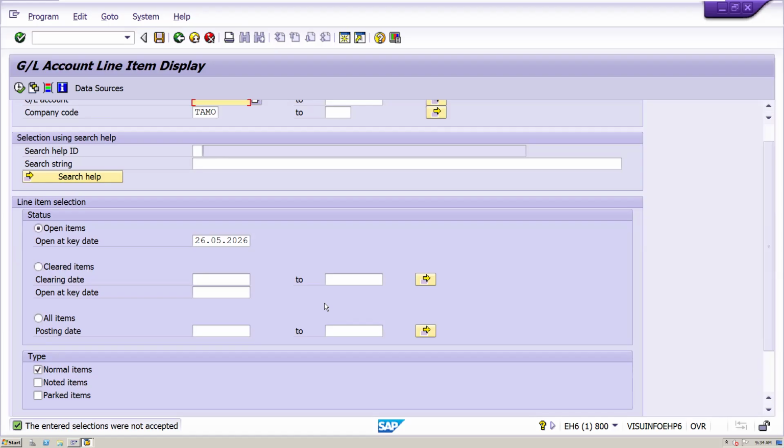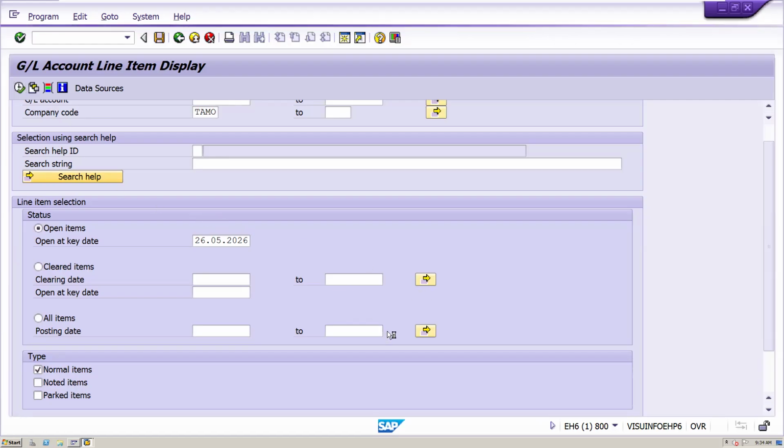So all such advance-relevant requests and payments we can consider as noted items. So if we select, for example, now I'm selecting FBL3N.